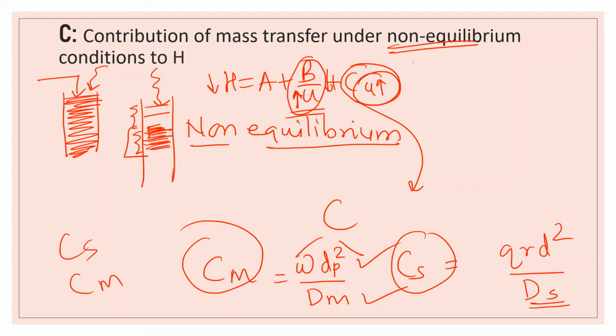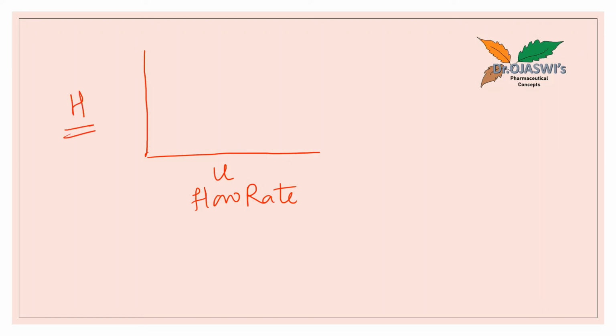So you may ask now that one factor is saying that increase the flow rate, another factor is saying reduce the flow rate. So what should be the optimum flow rate? So for that we can plot all these factors on a graph. Let us see that. So here when I say graph, it will have y-axis, it will have x-axis. I am finding out the optimum flow rate, okay, flow rate of mobile phase, okay, and the main factor is HETP, that is plate height, which has to be reduced.